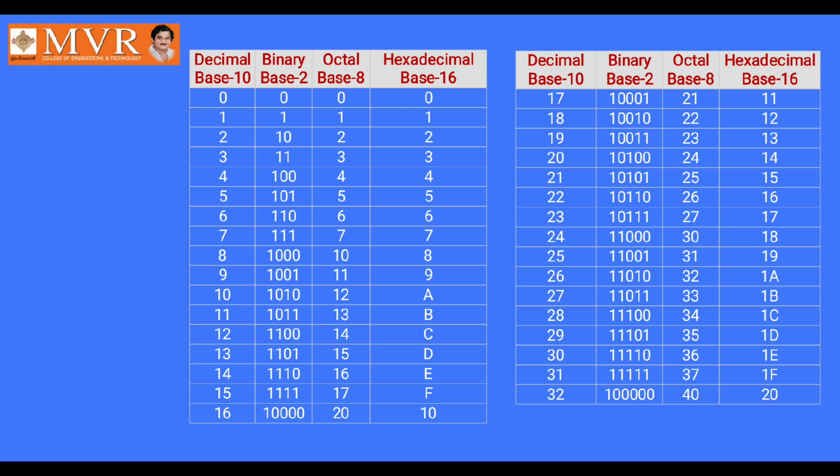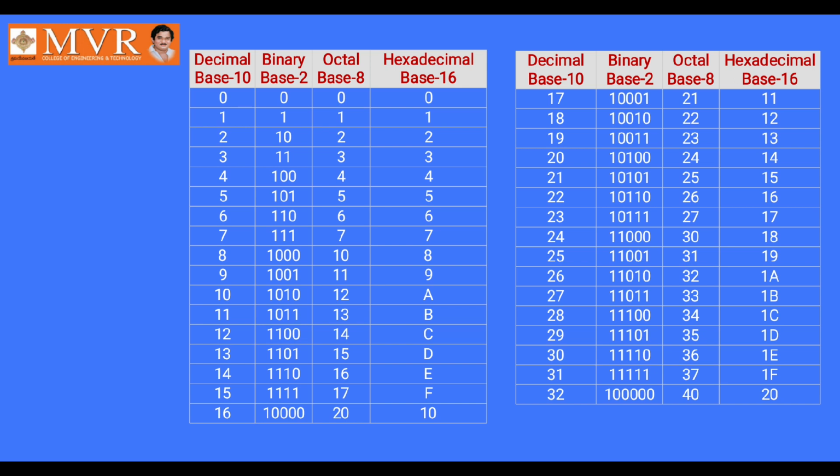When you come to the hexadecimal, after 9, you will write A to F. Then you go for 10, 11, up to 19. After 19, the value next to 9 is A, so you don't go for 20. You will write 1A, 1B, 1C, 1D, 1E, 1F. Then when you reach 1F, you go for 20, up to 29. After 29, 2A, 2B, 2C, 2D, 2E, 2F. Then 30. This is how the decimal, equivalent binary, octal and hexadecimal table goes.